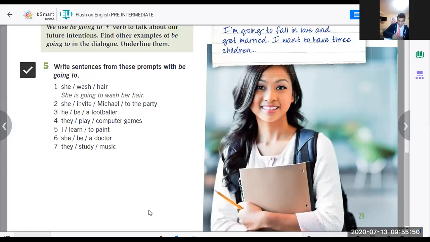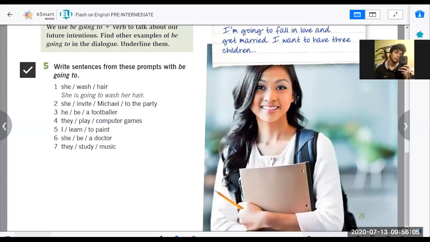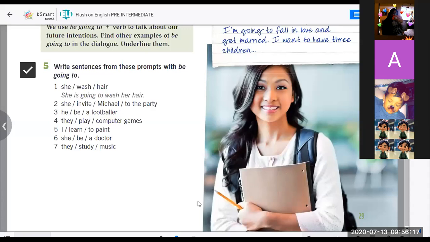Speaking. Nobody really. She is gonna be a doctor. Okay, that's perfect. Okay, repeat, please, repeat. She is gonna be a doctor. Very good, perfect. She's gonna be a doctor. Very good. And last but not least, number 7, please. Volunteer. They are gonna study music. Very good, Valerie. In Spanish is Valeria, but in English, Valerie. Very good.